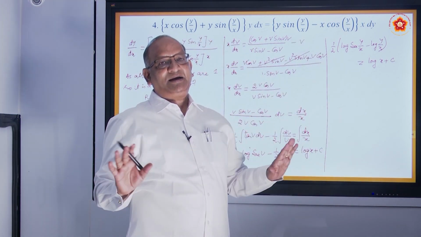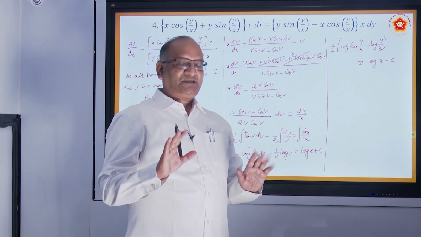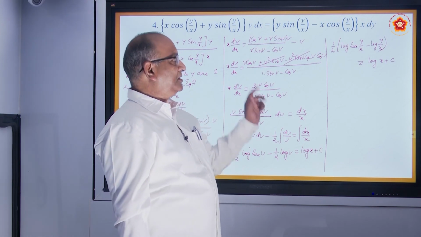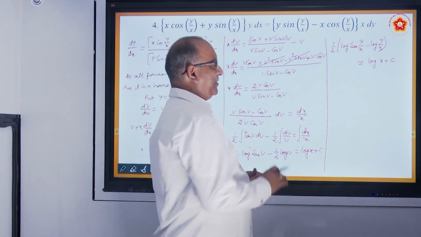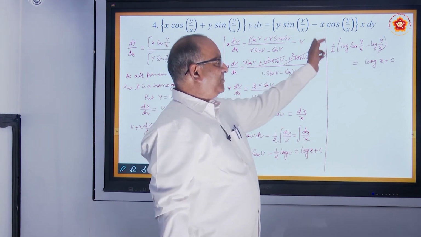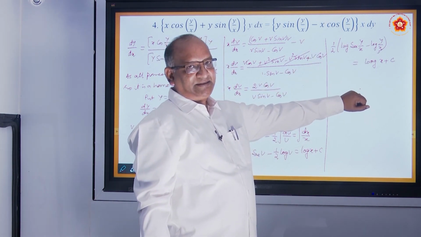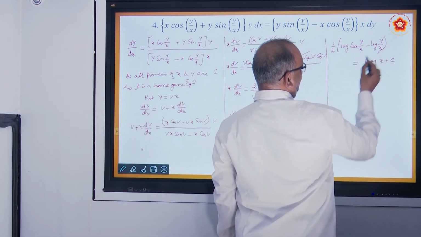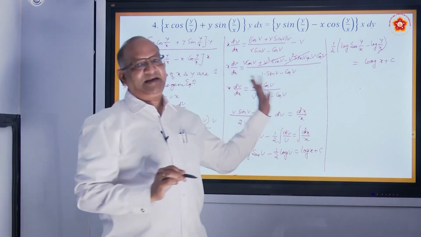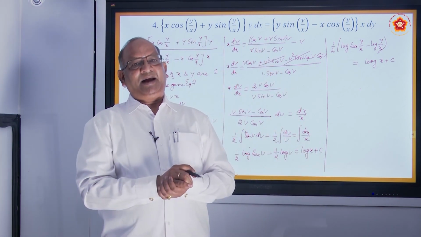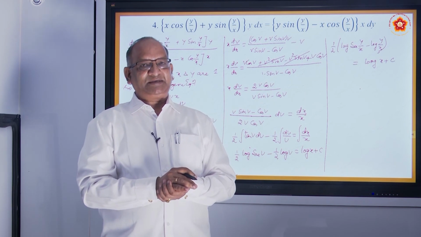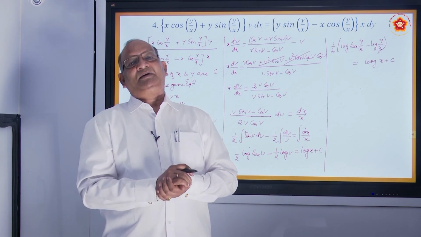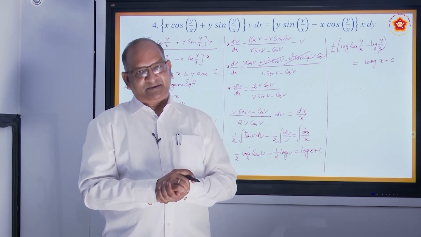You don't need to add or subtract anything unless you want to match the answer which he has given in the textbook. So how to get textbook answer with the help of this? Take 1 by 2 that side, that is it will become 2 into, and club these two, all that you can do, but otherwise we can leave it as it is as answer, and you are going to get full marks because he is not testing about your logarithmic knowledge, but he is testing your knowledge about solving differential equations.